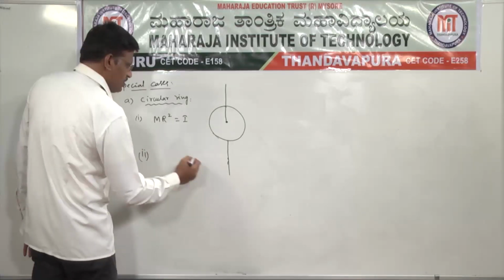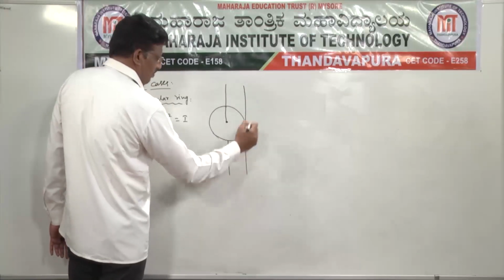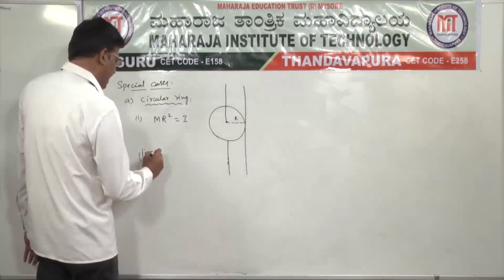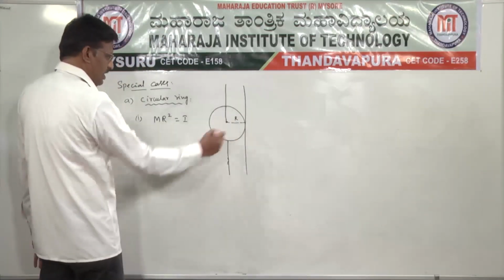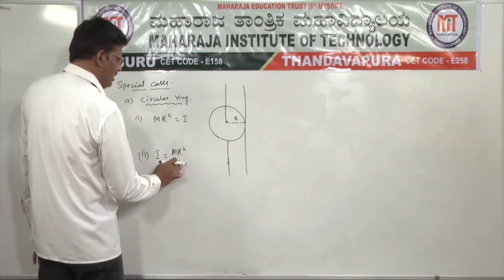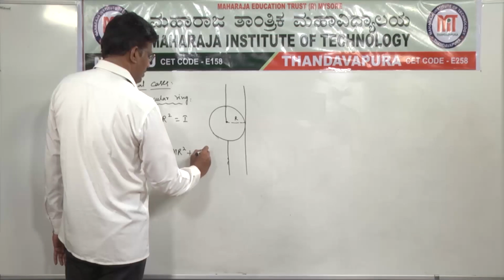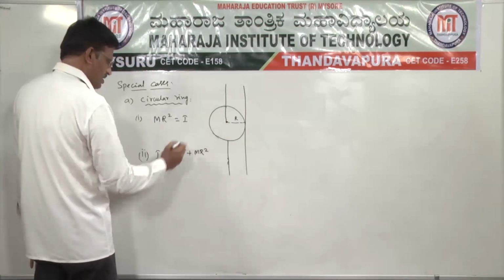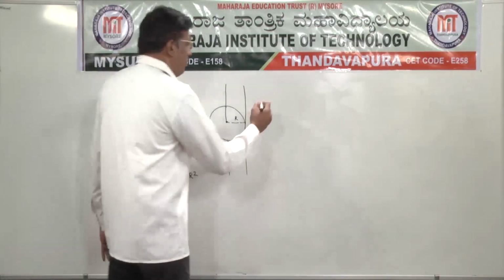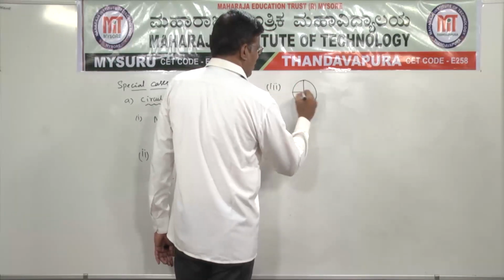Moment of inertia about its own axis is m r square. Now let us take a tangent perpendicular to the plane, parallel to this axis. By using the parallel axis theorem, I about the tangent can be written as m r square, the general formula about its own axis, plus, according to the parallel axis theorem, m into the perpendicular distance r square. Therefore I is equal to 2 m r square. And the third one, the moment of inertia of a circular ring about any diameter.